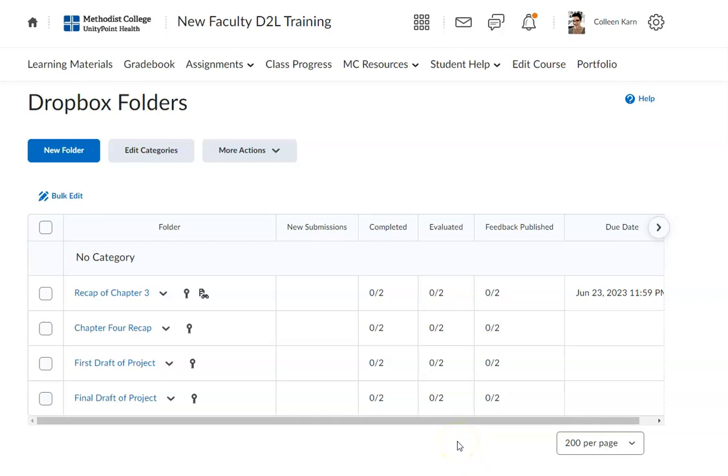This video is going to show you how to organize a Dropbox. So you can have categories inside your Dropbox. Like here I have a couple of things that are recaps of chapters, and this has to do with a project. So I can create categories and hit Edit Categories,